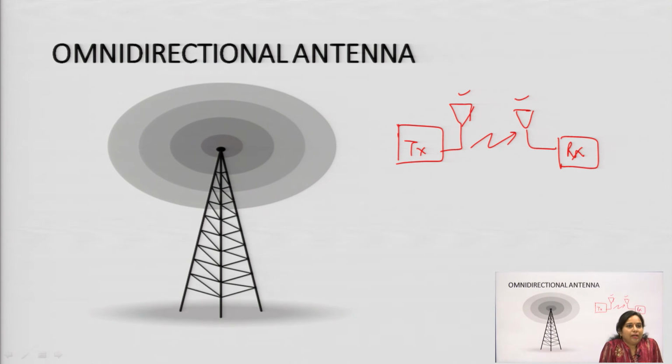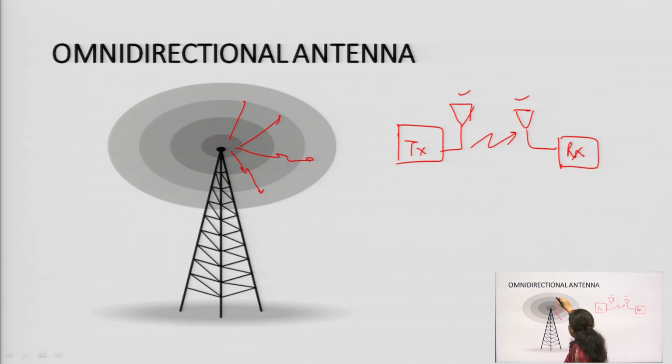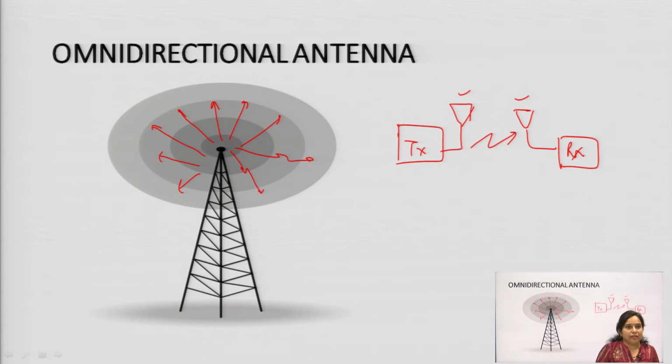So, the first antenna that we will see is the omnidirectional antenna. What is an omnidirectional antenna? As you can see, the radiation pattern of this antenna forms a sphere, meaning it will radiate an equal amount of energy in all directions. Some facts are associated with this antenna: in whichever direction you see the strength of the signal, it will be of equal strength, of equal weightage.